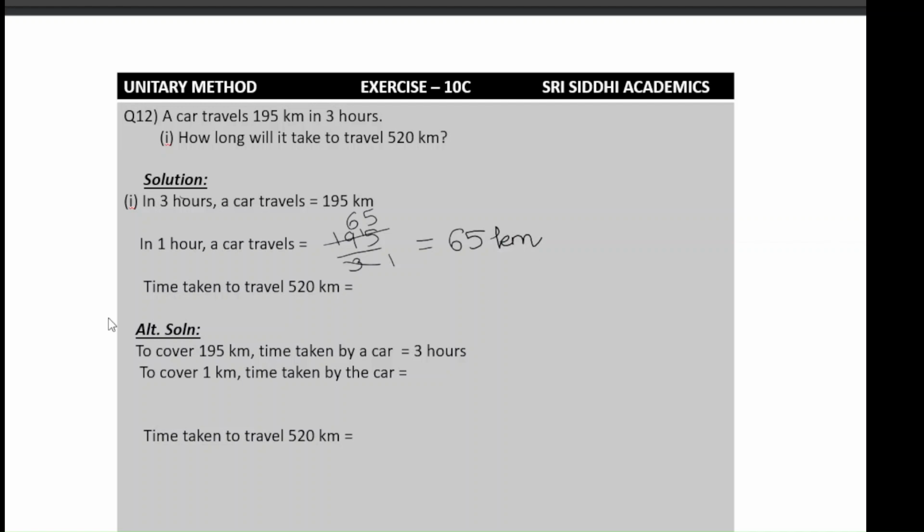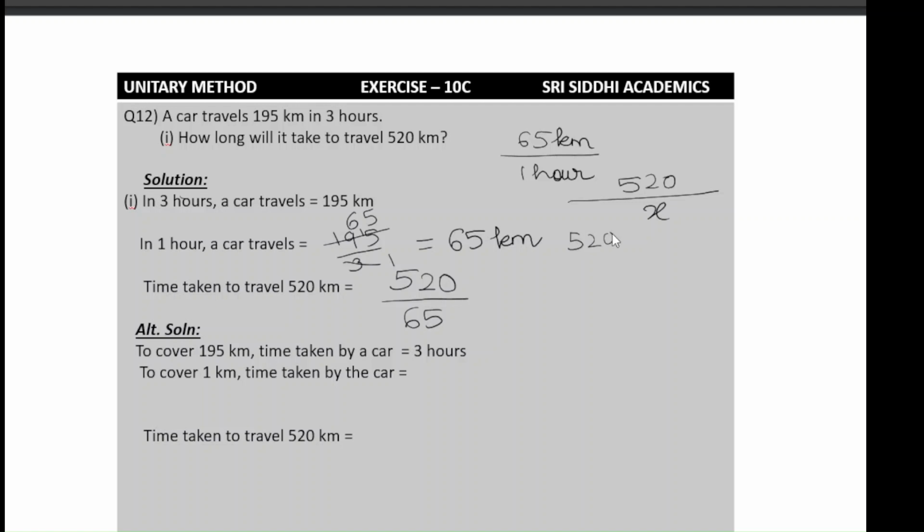So now let's try to find out the time taken to travel 520 kilometers. How can we do it? See, in 1 hour the car travels 65 kilometers. So the time taken to travel 520 kilometers, we can do like this, 520 divided by 65. In a span of 1 hour, the car is traveling 65 kilometers. So how much time will it take to travel 520 kilometers? How to find this out? So we can do like this,